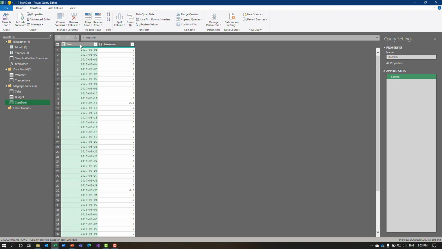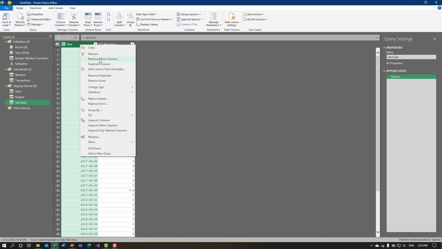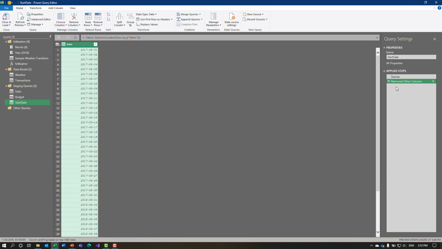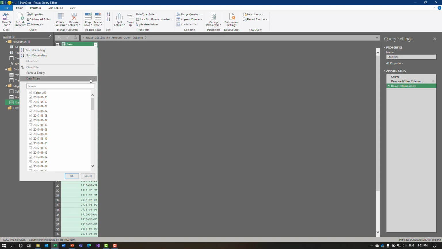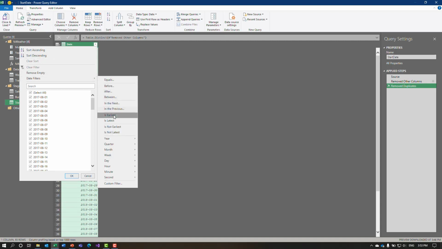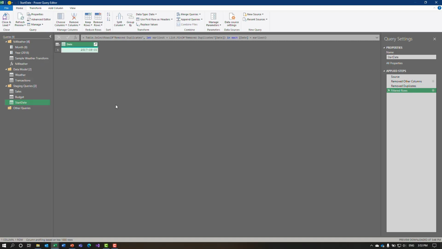I'm going to go to the date column, right click, remove other columns. So there we go. We got a removed other columns step. Could have achieved this as well by going through choose columns. Would work exactly the same. I'm now going to right click, remove duplicates. We'll get rid of all those. And then I will filter to the is earliest date. Because I've removed duplicates and filtered to is earliest, I have a single date that is the earliest date inside